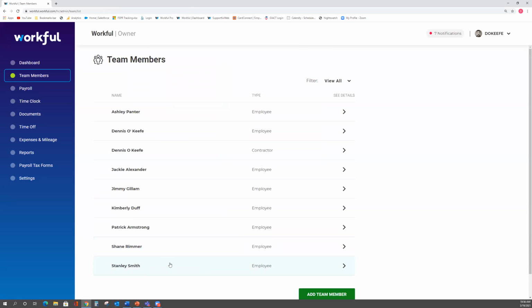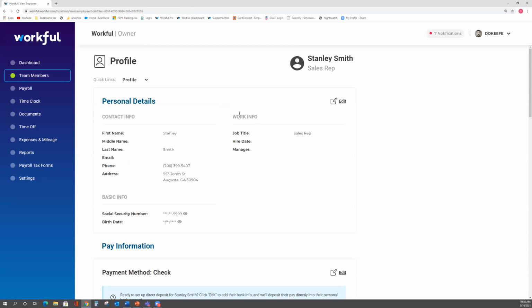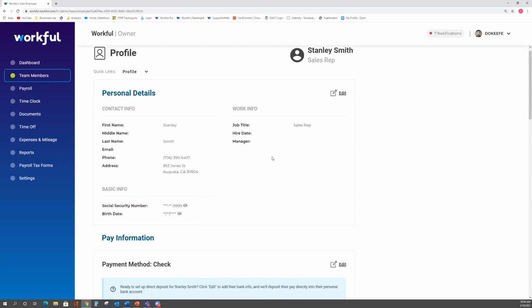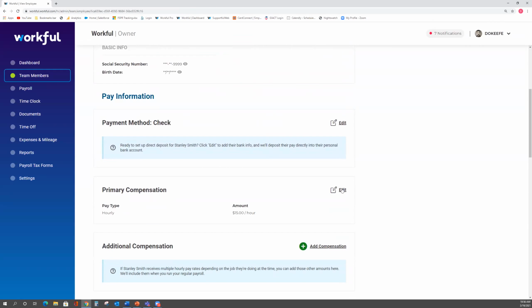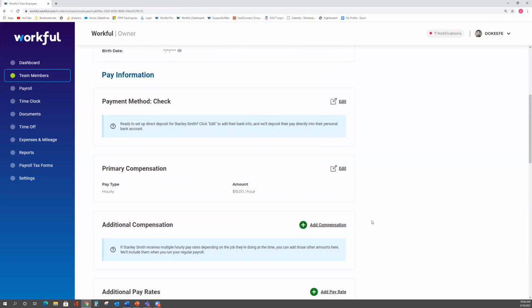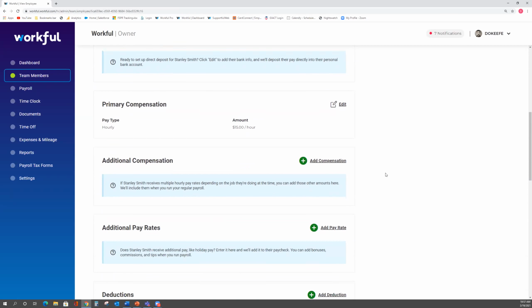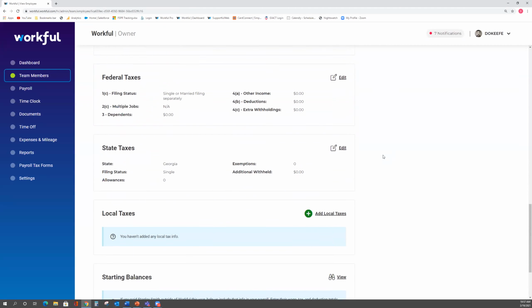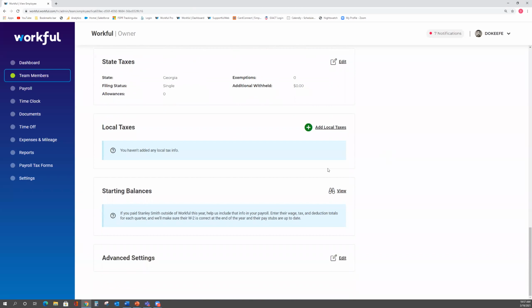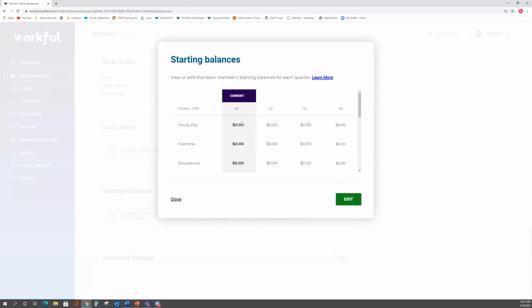Now I want to click into him because I want to review the information I just plugged in. If you need to add any additional compensations, you can add that here. If you need to change the primary compensation, you can do that there. And what may be important to some of you is that if you need to add starting balances, you would do that here. So if you take on a client